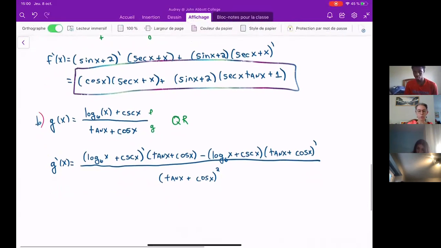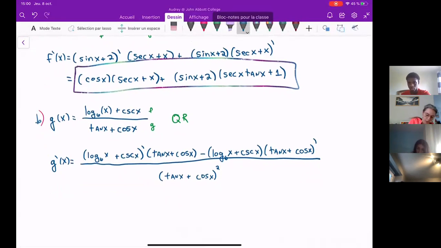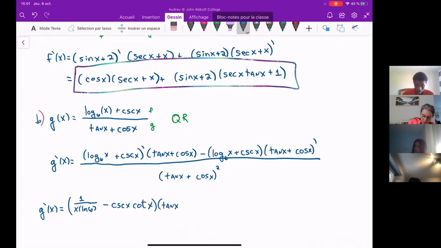And then this just requires us to know our derivatives. So g prime of x, log base 6, I know that's 1 over x ln 6. Hopefully you guys also know that. You've all memorized that by now, right? That means yes. We're just going to pretend you guys are all like, yes, I know that. Then cosecant x, that's one I gave you today, is negative cosecant x cotangent x. Remember, that's the one that mimics the secant tangent. So that's the derivative of the top times the bottom